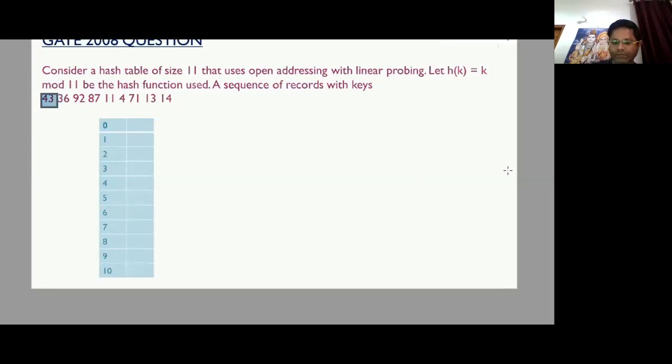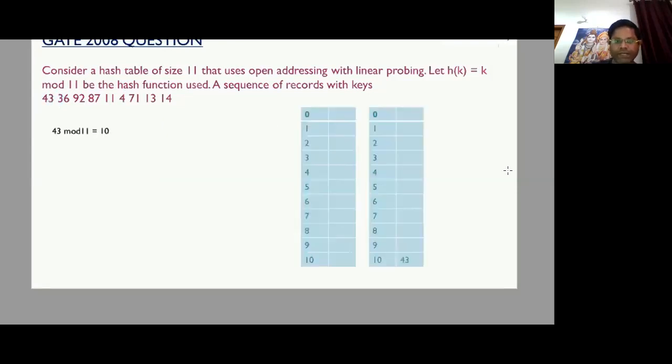The remainder is 10. So it will return the result 10. It means 43 is placed at position 10. So just start checking the indices. Here is the 10th index. So place the value 43 at this place, as shown in the next adjacent diagram. So 43 is placed at this position.